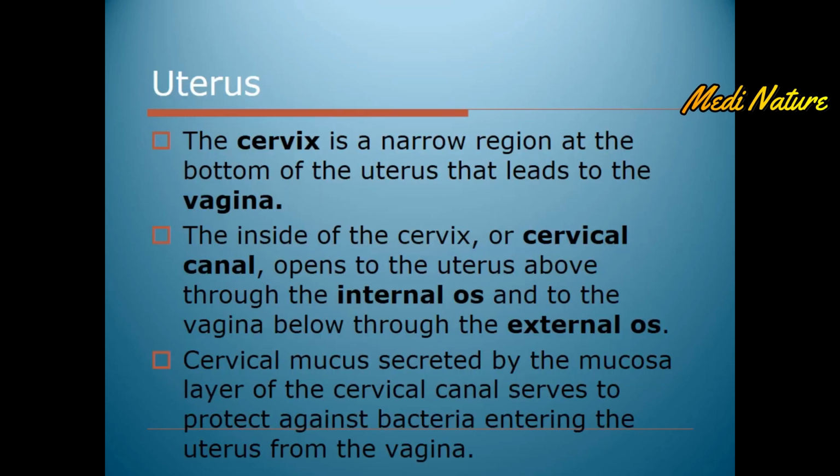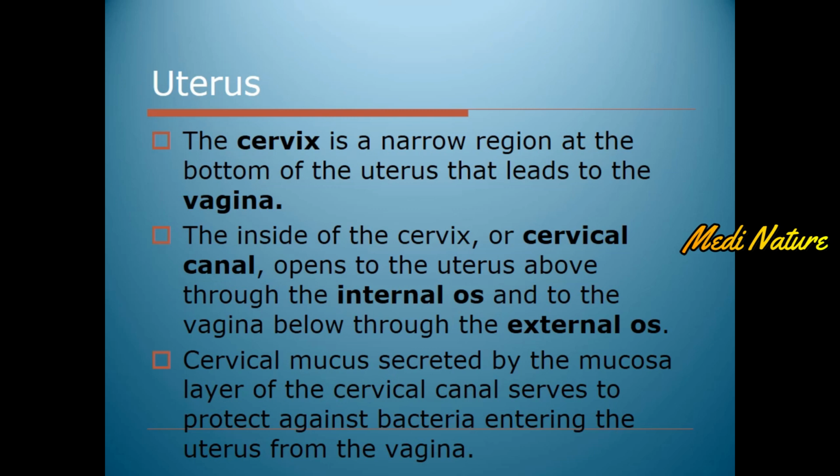The next part of the female reproductive system is the cervix. It is the part which connects the uterus with the vagina. The term cervix is similar to the neck. The cervix is a narrow region at the bottom of the uterus that leads to the vagina. Inside the cervix there is a canal called the cervical canal. The cervical canal opens to the uterus above through the opening called the internal os, and below to the vagina through